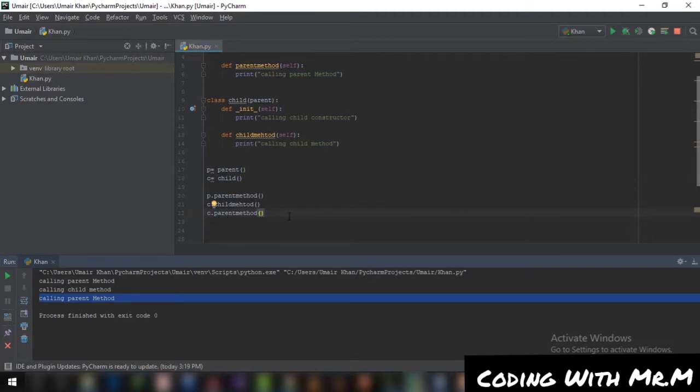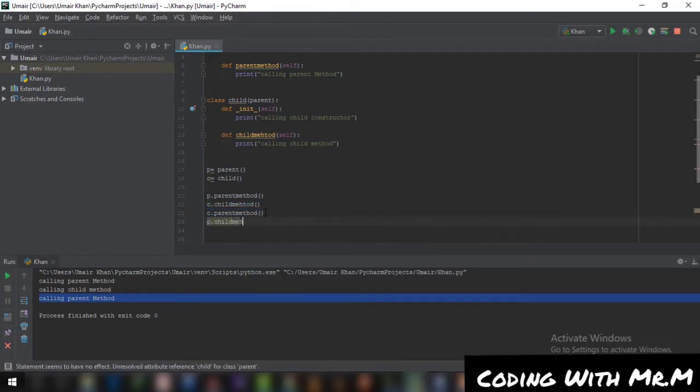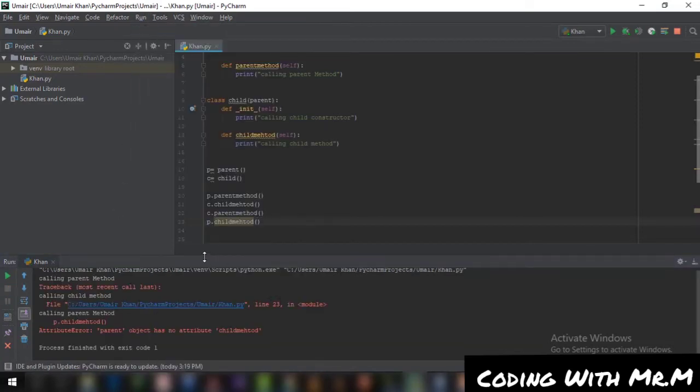This means that this object c, the object of the child class, has called a method of the parent class, because the child class contained this method from the parent class, since it has inherited that class. Now if I type in p.child_method